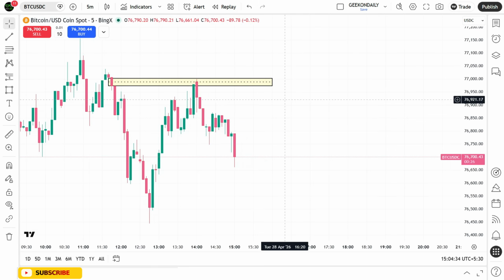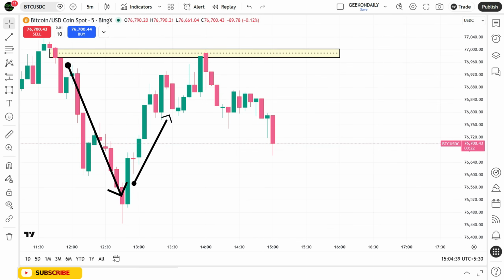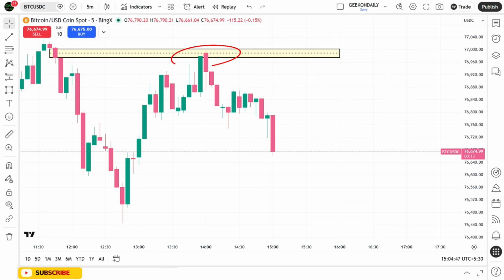I've highlighted a fair value gap zone here so you can clearly see how price reacts around it. Notice how, after the initial move, price comes back into this marked area and slows down. This is where the imbalance gets filled. As you can see, the price respects this zone and reacts from it, which is exactly what we look for